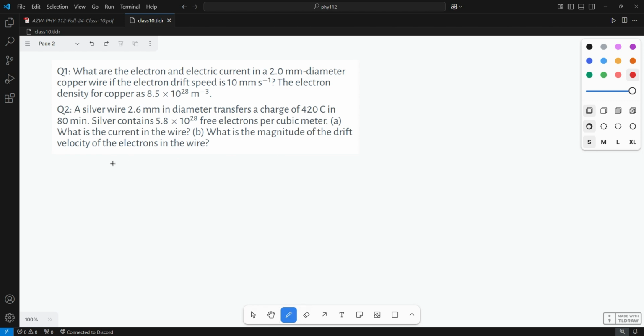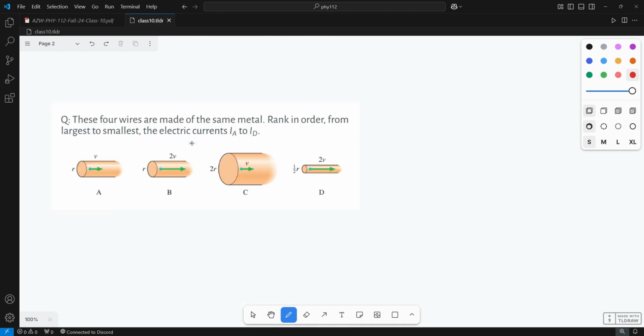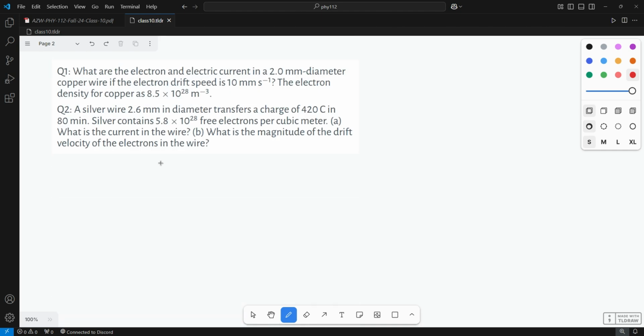So now we're going to try to solve some maths. I have some sample questions over here. So let's begin with the first one. What are the electron and electric current in a 2 mm diameter copper wire if the electron drift speed is 10 mm per second? The electron density for copper is